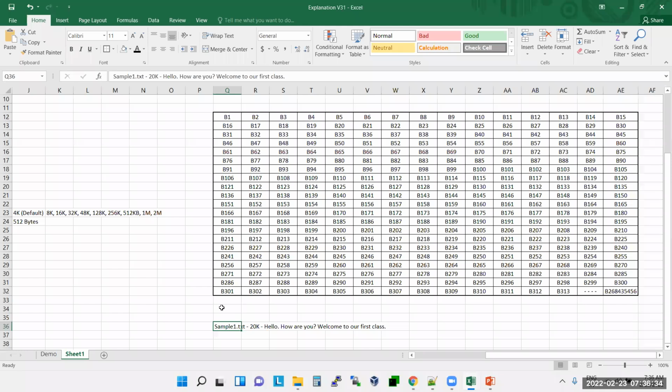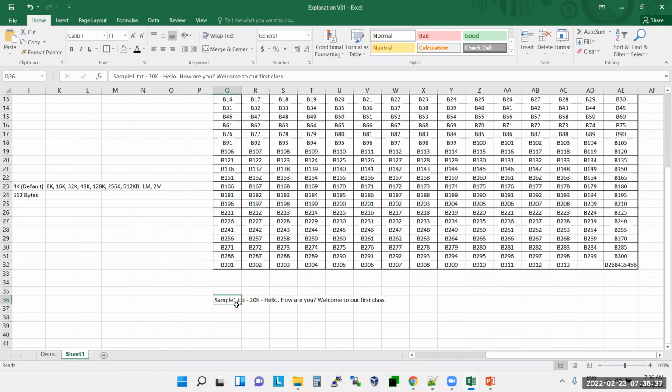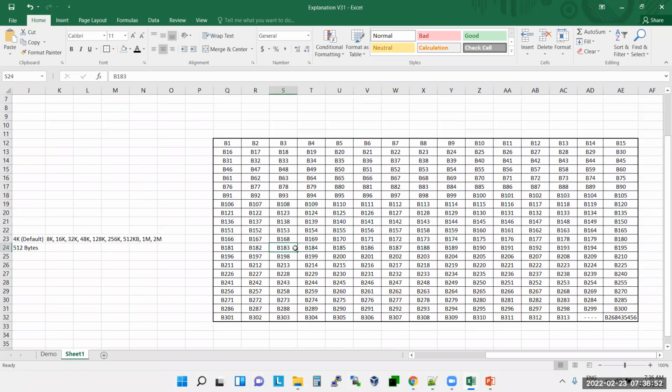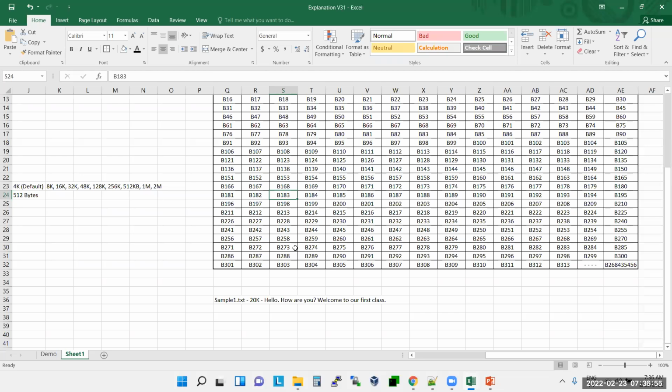Now what do you do to copy a file into a hard disk? You say Control C, Control V. Let's say you came to this disk and you press Control V. What are Control C and Control V? Copy and paste, sir. For you it is copy, but for Windows it is a copy algorithm, a copy program.